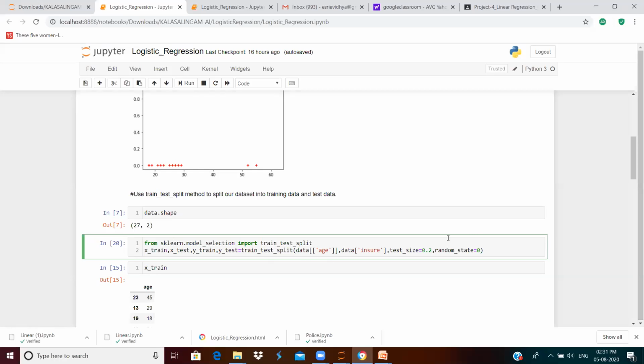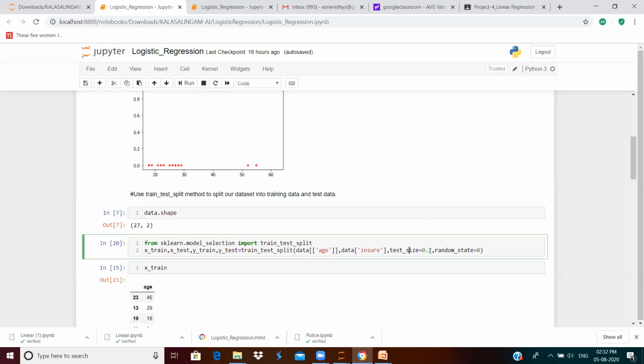This method takes 4 parameters: your x parameter, which should be in 2 dimensions; your y parameter, which is single dimension, that is the dependent variable; and the test size. You will have to mention the test size here. If you give 0.6 here, then only 40% of your data set will be considered for training, and the remaining 60% will be considered for testing, right?